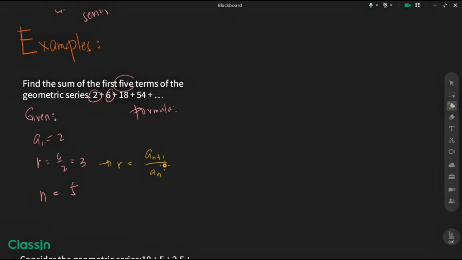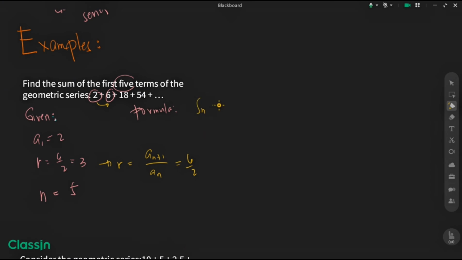That's why we divide 6 by 2. We need to divide the two consecutive terms. So the formula for the finite geometric series,